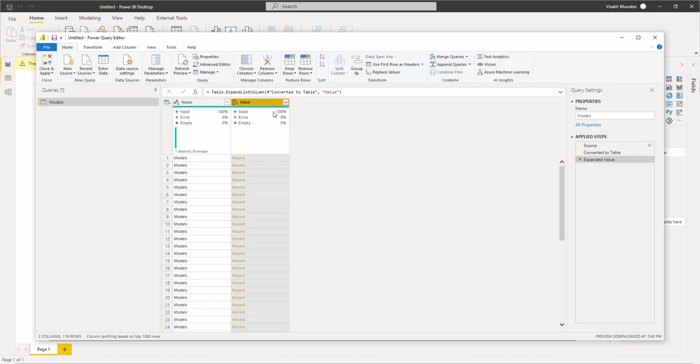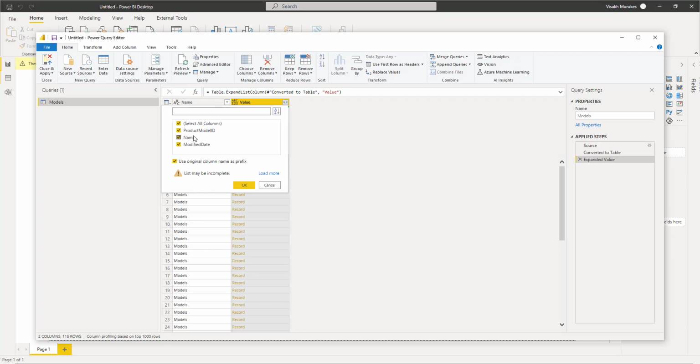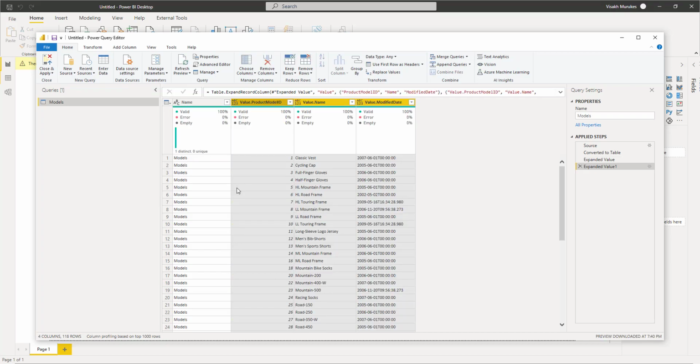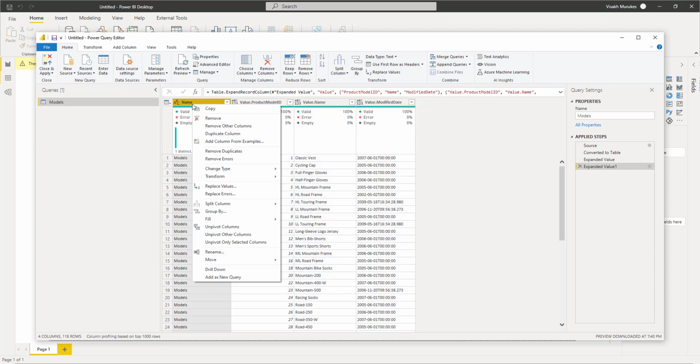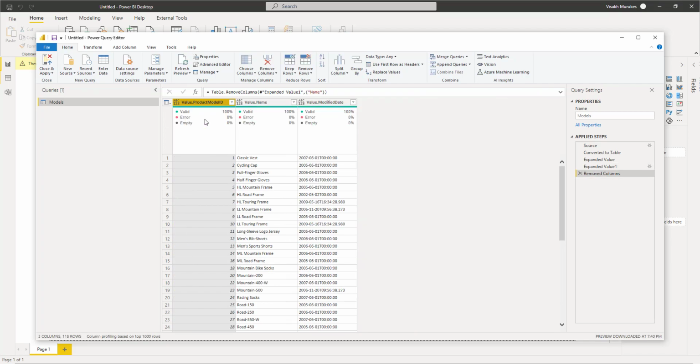Now from here you have to expand the values next, expand to new rows so that the list will get converted into each record. If you see the JSON document, it will have a root element, and then inside that you will have each of those JSON elements which will contain your actual row data. This gets converted into a record model, and now you have to go to each of these records and expand the columns within it. So we have 3 columns: product model ID, name and modified date coming inside it. Click on OK. Automatically it will get converted into 3 columns. Then because of this root, it will have one more additional column which you have to remove if you really don't need as a part of your model. This is how a typical JSON data will get ingested into your model when you are trying to use the default option available inside your Power BI desktop.